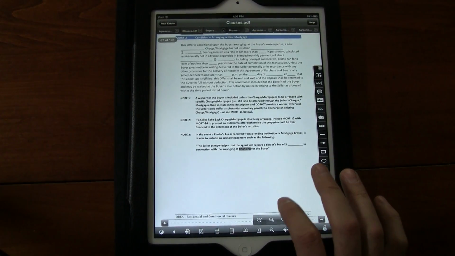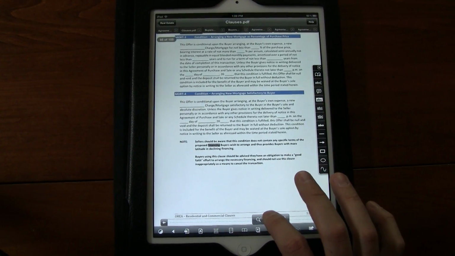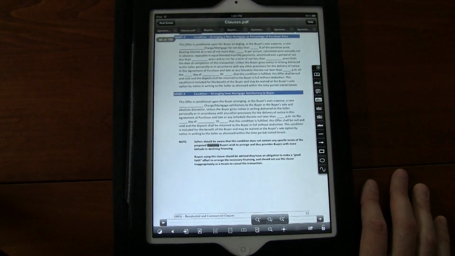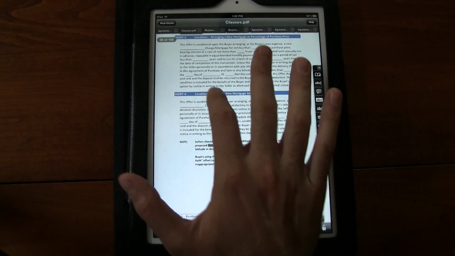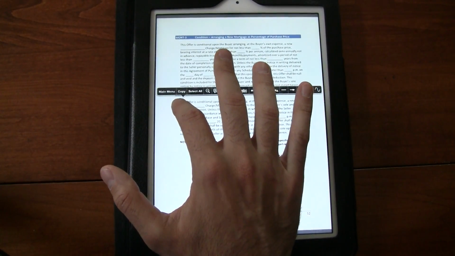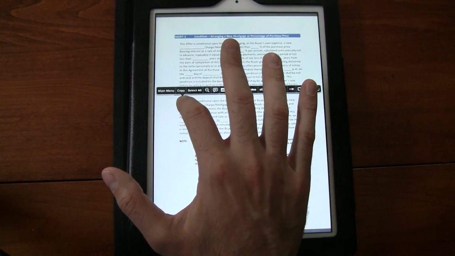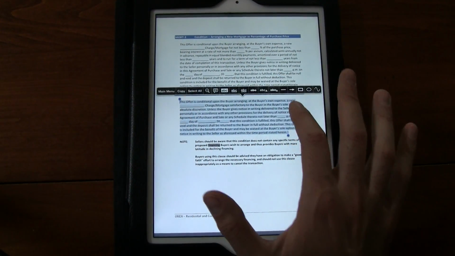So I check again. This is not it. This is not it. There we go. Sorry, this is it. Arrange a new mortgage satisfactory to buyer. So what I'll do is I'll take this, hold down, and drag this button in order to copy it,